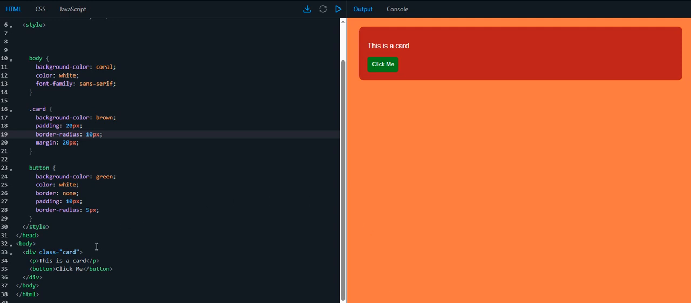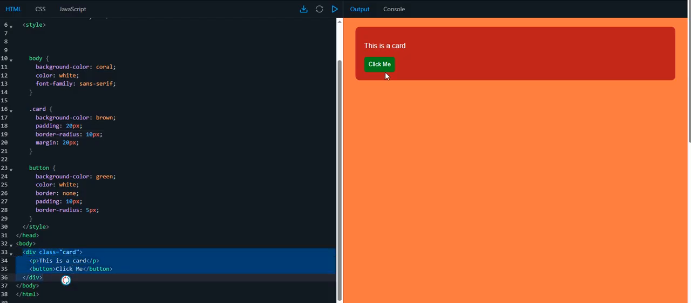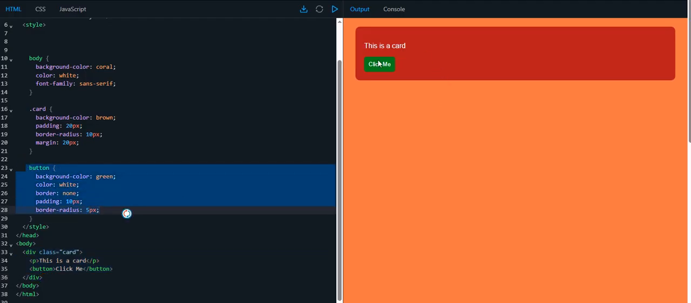In this HTML I have one div. Inside this div I have a paragraph and a button. For each element, and also for body, I have a background color. For body I have coral. For the element with class card, the div, I have a brown background color, and for my button I have a green background color. Okay,